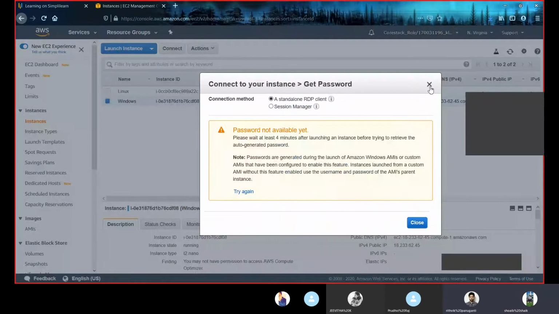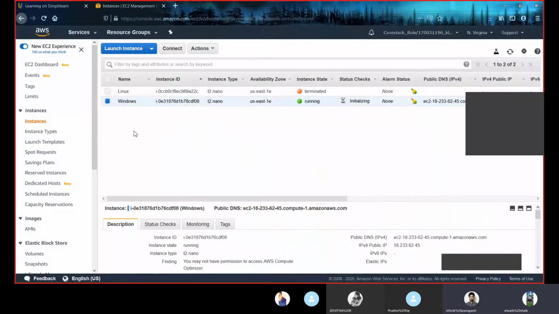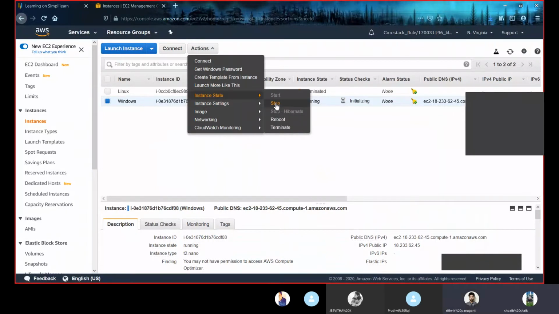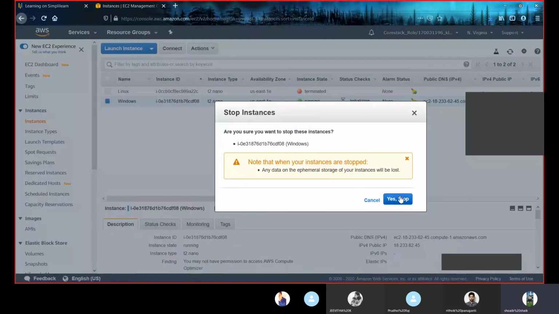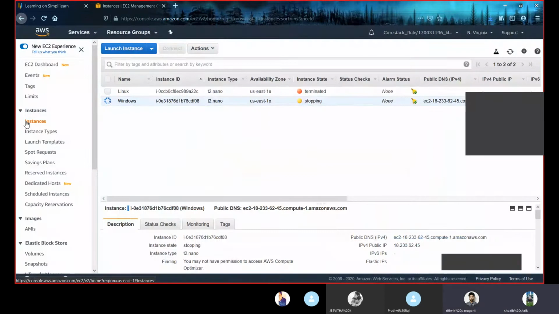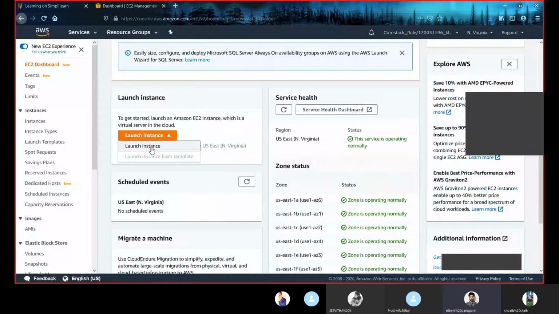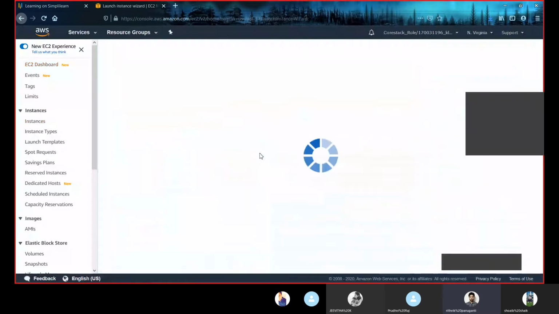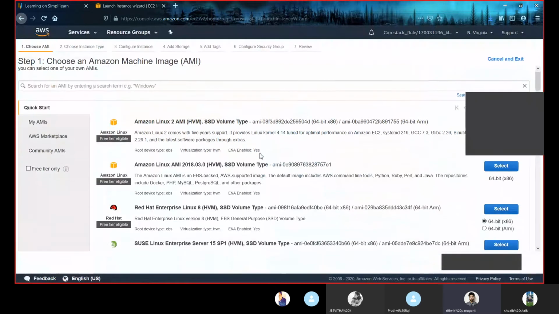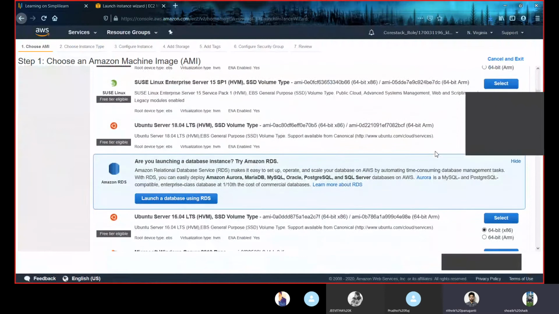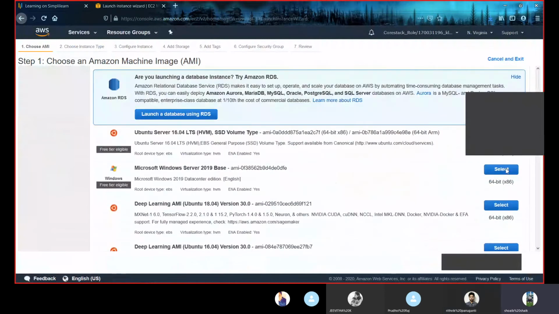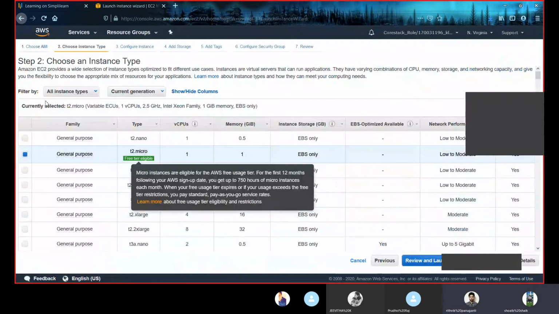So let us launch another instance, as we can't generate a password. Let's just stop this, and I'm creating a new instance. I'm going to choose a Windows one.